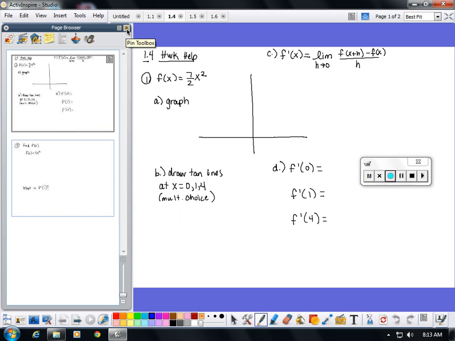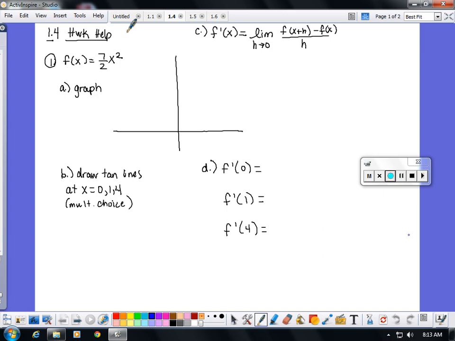1.4 homework help. The first question asks you to pick out the graph of 7 over 2x squared. So you will just have to pick it out multiple choice. I'm going to go ahead and graph it out fully. So if we make a simple t-chart here, and let's let x be